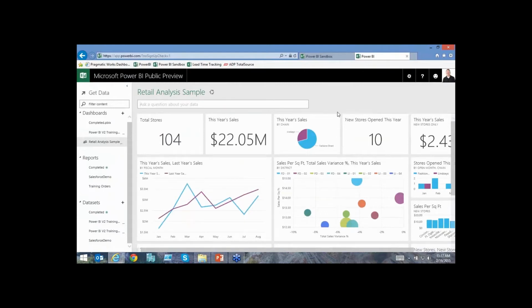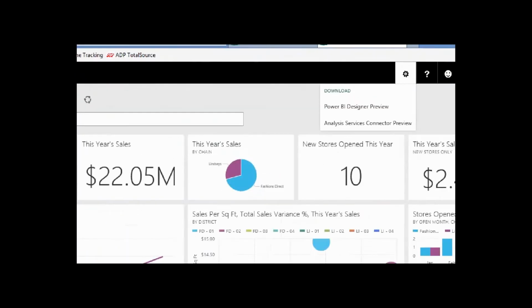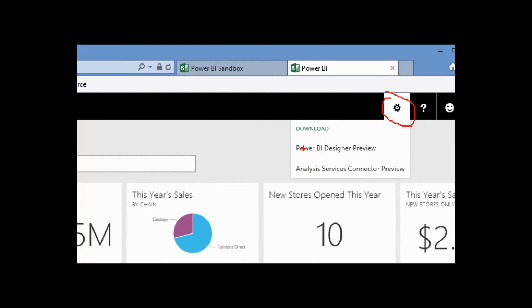If you want to create a Power BI dashboard, first of all, sign up at powerbi.com, and then you're going to download the Power BI Designer. You'll notice up at the very top, if I hit the little cog for the settings section, you have two options for what you can download. There's a Power BI designer preview, and also an analysis services connector preview. We're going to mainly focus on the first one today,